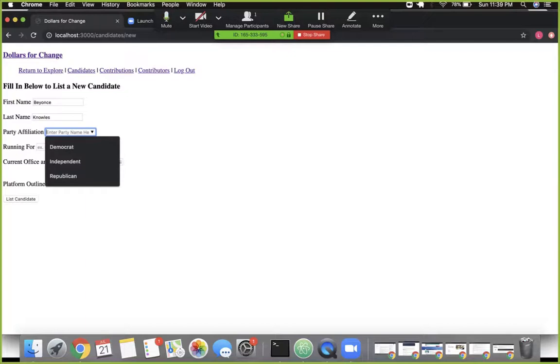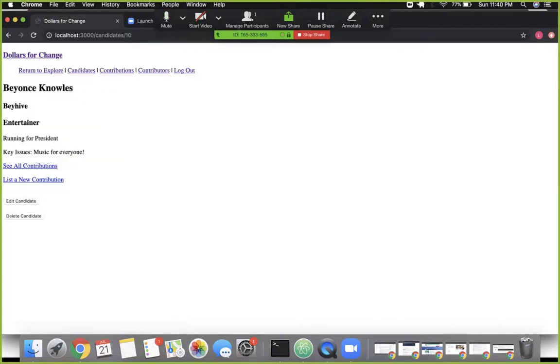So let's just call our party affiliation this. We'll say running for president, currently, and platform outline. This is where you can include just pertinent information about your candidate, key issues. Let's say, okay, so then we can select list candidate, and then we're brought to the profile page for the candidate that